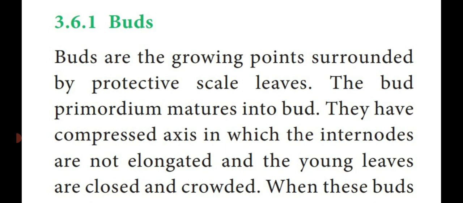The buds which are produced from the bud primordium, that means the first form of a bud, is said to be bud primordium. From that primordium only they are producing the buds. These buds are composed of the main axis, nodes and internodes. All these three, the axis, nodes and internodes, are present in a compressed form. That means a very short form. Everything is present on the inner side of the bud region.